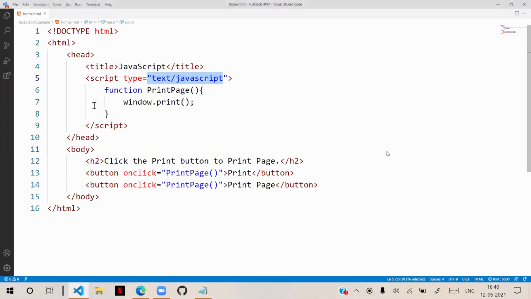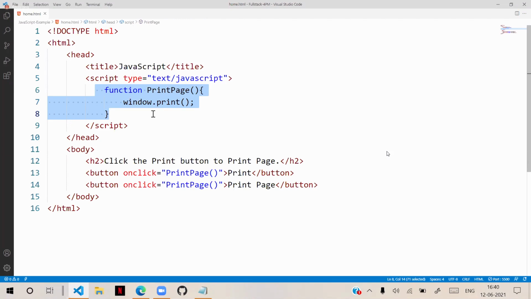And another technique is there. Another technique is, if I want to reuse this functionality across several pages, not only here, in different pages, in that case, we can maintain that in a separate file, an external file, and we can access and use it.